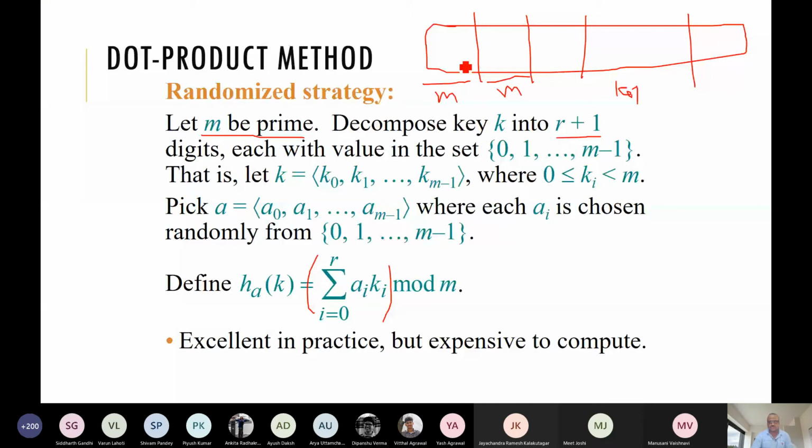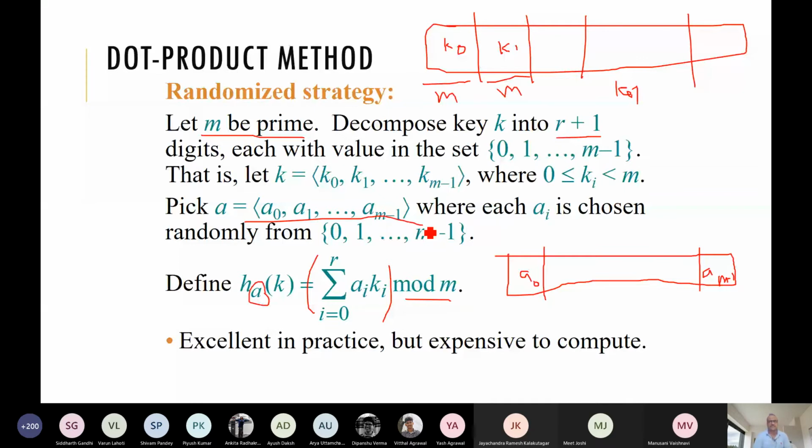So this is k0, the first block, second block like this. We take the inner product, the summation of a_i k_i. Then we take the mod, because ultimately our table size is 0 to M minus 1. This is one example, and it is a function of A also, because if we choose a different vector, it will give us a different hash function. This is basically a collection of hash functions. We'll come to this construction at a later stage.